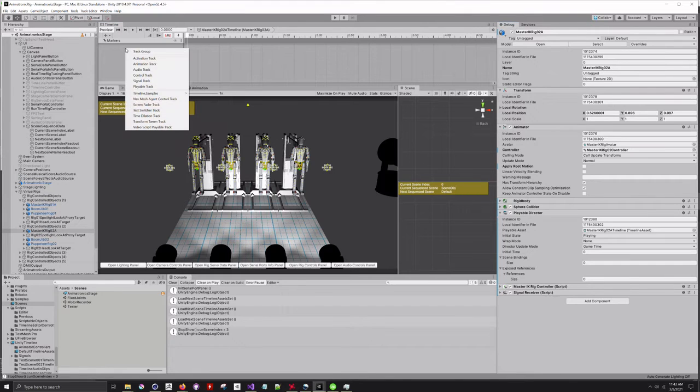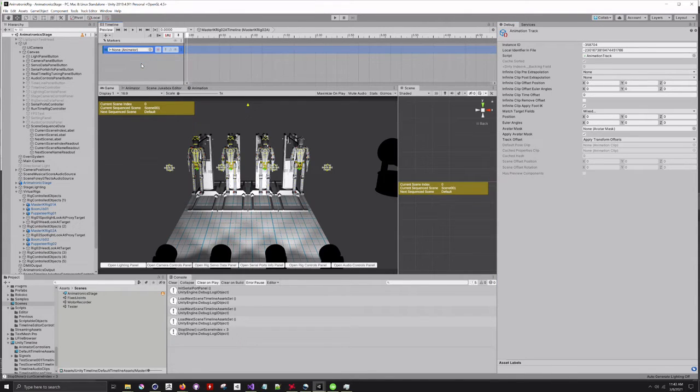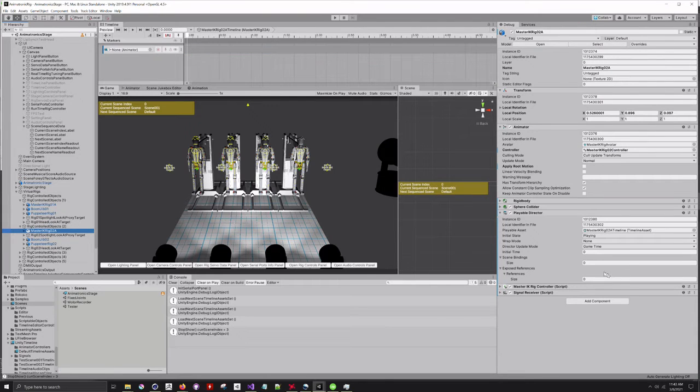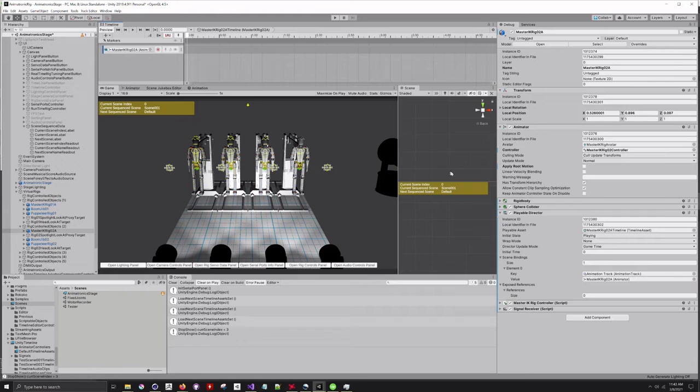So what we're going to do is we're going to add an animation track, and we'll go back and check the debug mode, and from there we're going to make sure that the field's connected up here, and you'll see that the scene binding shows an animation track and its value is on the master rig 01. So we would do the same thing here. Alternatively, you could add from animation clip this way,